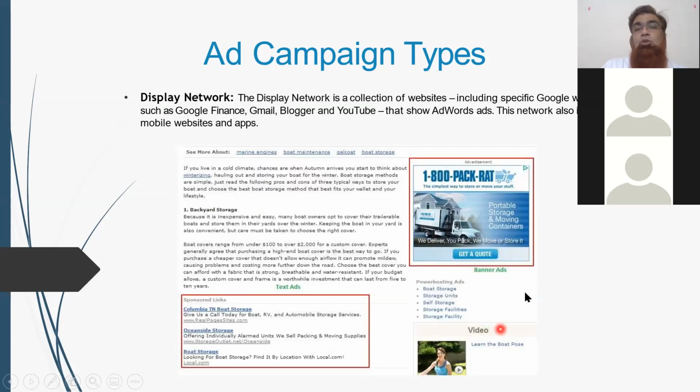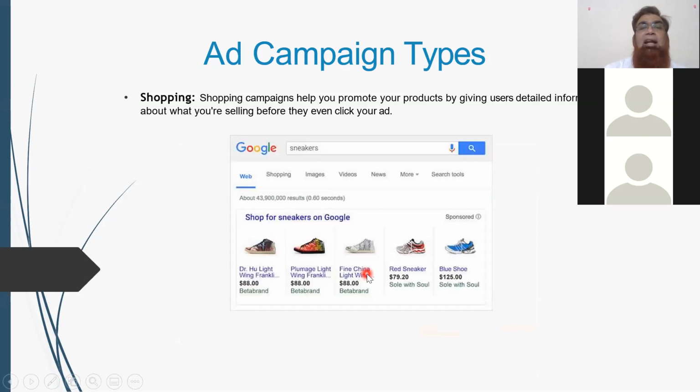there is something related to video also. So this website, which is a Google network website, allows display ads like banner ads, text ads like this, and at the same time video ads also to be published over here. In return, these websites get a part of the income generated by Google. Google gives a particular share of their ad revenue to these websites, and these are called display network websites.